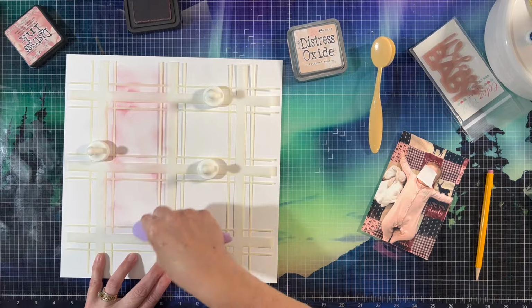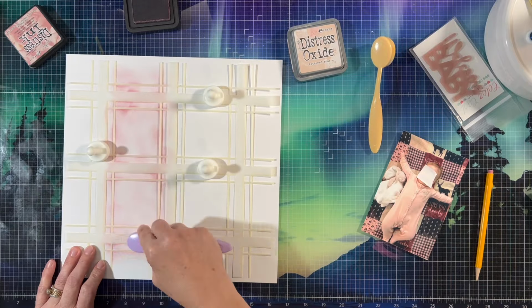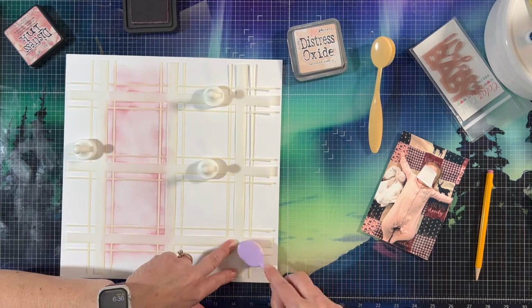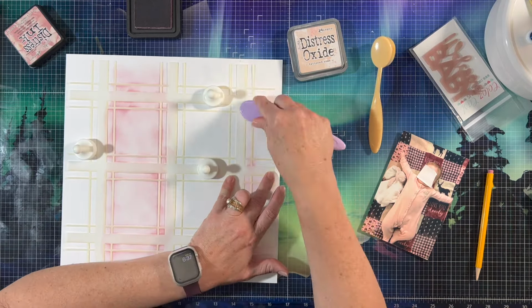I'm using this awesome plaid stencil from Scrapping Reflections, which is Sandy over at State Goddess's shop. I'll put a link down below for that, and I believe it is still available on her site. I am using some Victorian Velvet Distress ink and some Tattered Rose Distress Oxide ink, and I am kind of alternating